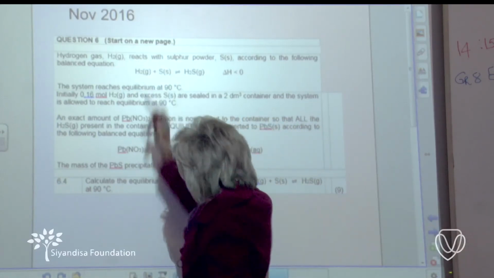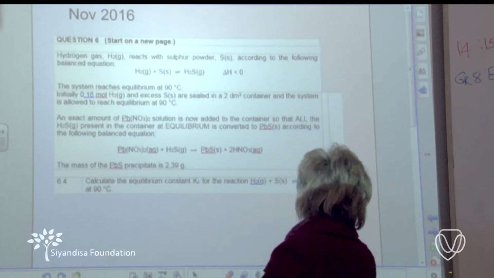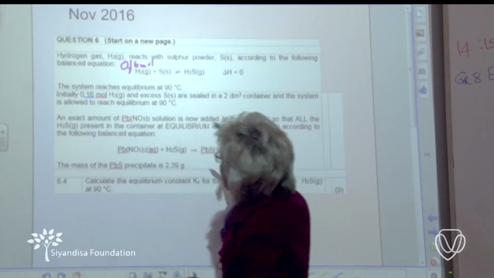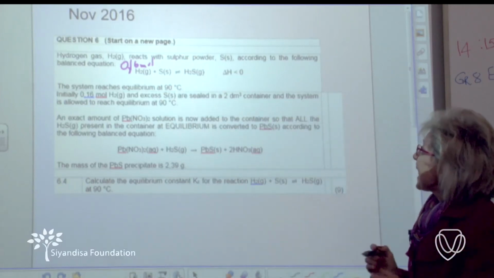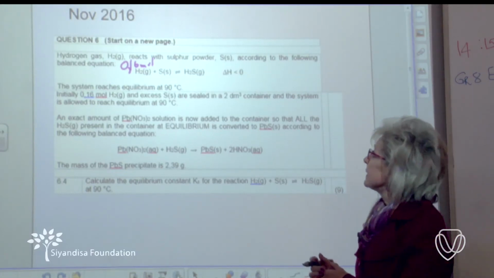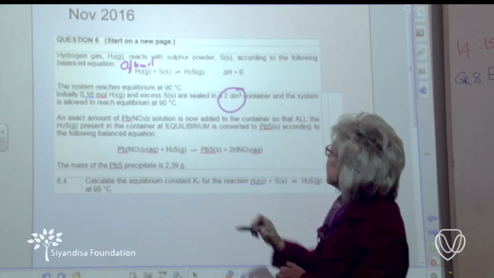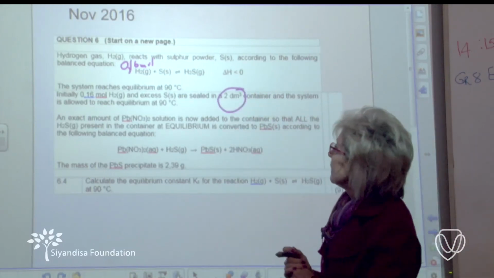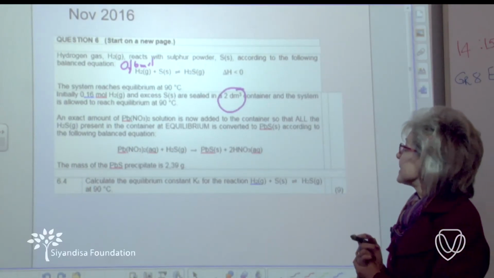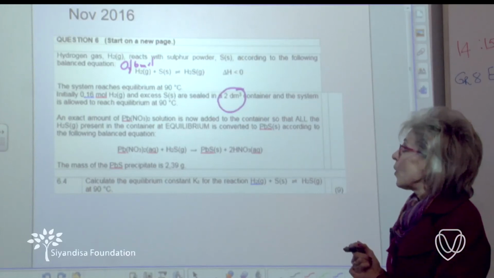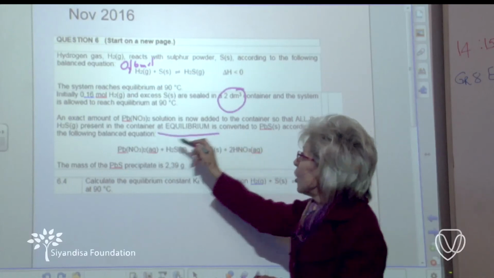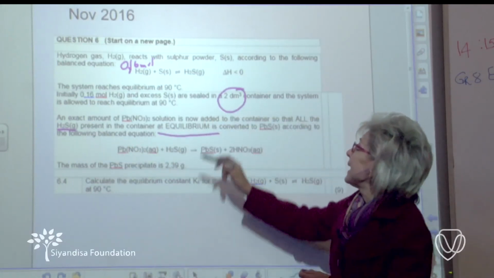Okay, so initially, 0.16 mole of H2. So for that one, we have added into the system 0.16 mole of H2, and then excess of S, which means there's more than enough S for this reaction to take place. They sealed it in a 2 cubic decimeter container. The system is allowed to reach equilibrium. An exact amount of lead nitrate solution is now added to the container so that all the H2S present in the container at equilibrium